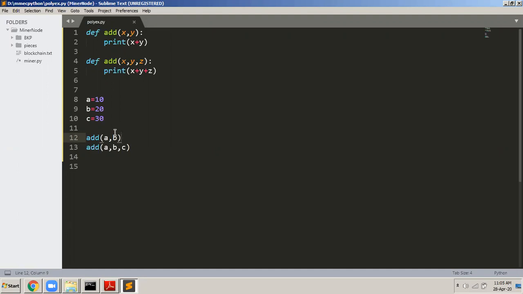I thought that this would definitely work because there are 2 functions here. If I call this add by passing 2 parameters, it should definitely call this function because there are 2 parameters mentioned there. And when I call the add function with 3 parameters, then it should call this function. Normally, this is what happens in other programming languages. In other programming languages, whether it is in Java or some other, C also, it will definitely work. But in Python, I think there is a little different thing. Okay, I will have a look at this and then I will get back to you.